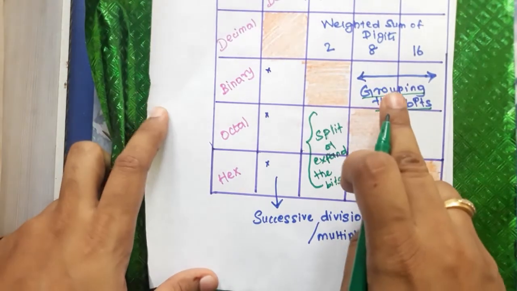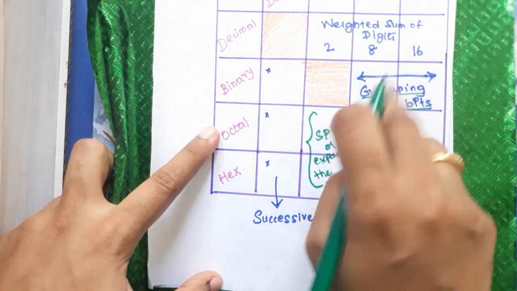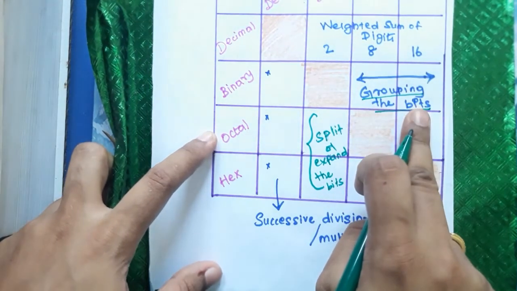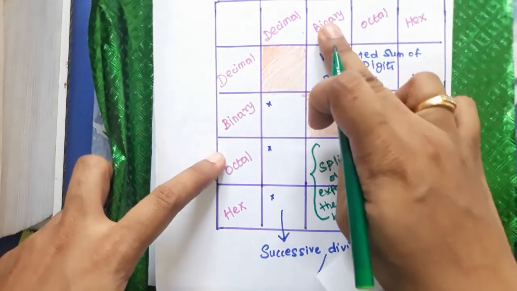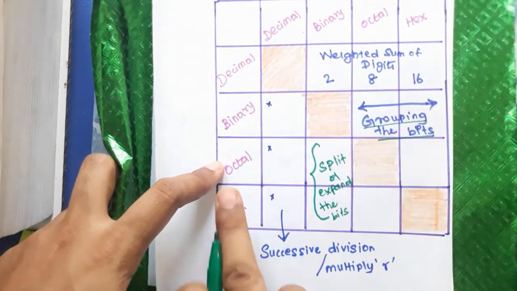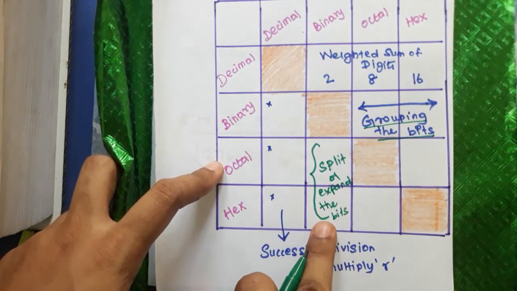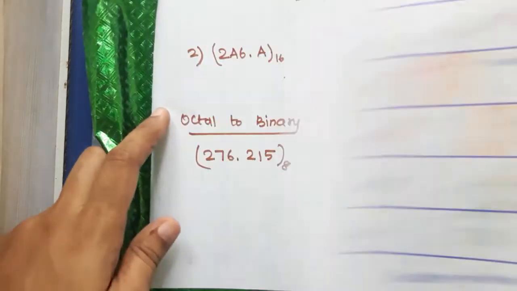So this way we have converted a binary number into octal or a binary number into hexadecimal by grouping the bits. The opposite can be done by expanding the bits. That is, a binary number can be got from octal or hexadecimal by mere expansion of each digit into a number of bits. How? Let's see.